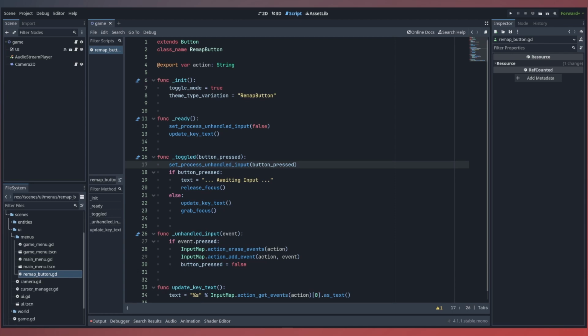Then, once we press a button, we'll update our input map according to the button we pressed, and we'll release our button press, which will then call the toggle state and run this else condition and toggle our process function to no longer run. Now, rather than adding each remap button to our menu manually, we're going to create a variable array of our action items. And when our game menu is ready, we'll be creating a list from our action remap items and adding them